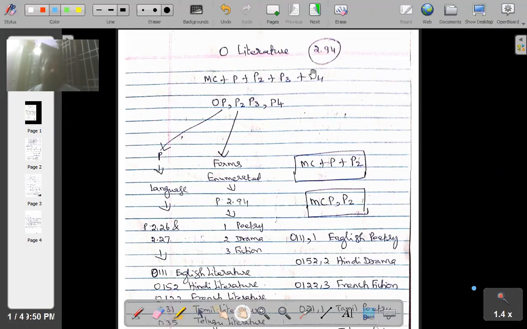Fine. So, Ranganathan talked about 4 important components that are required for classifying most of the titles in literature. What are the 4 components? One is language. When you talk about literature, the first and foremost thing you need to consider is the language, the language in which that particular literature is published by the author. So language is the first important criterion.